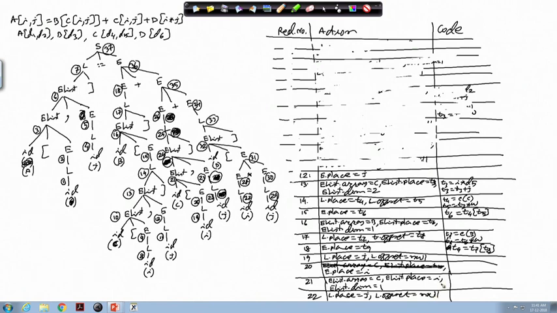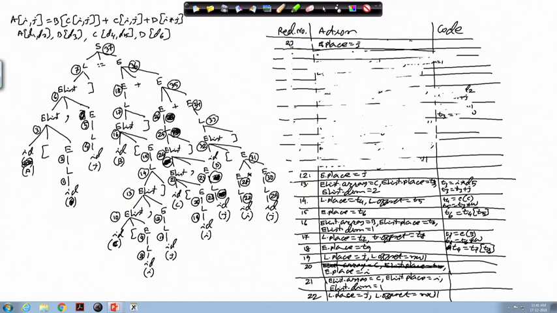Then comes reduction number 23, where we have E producing L. So, E.place equal to L.place. So, L.place is J. So, E.place equal to J, and no code is generated.